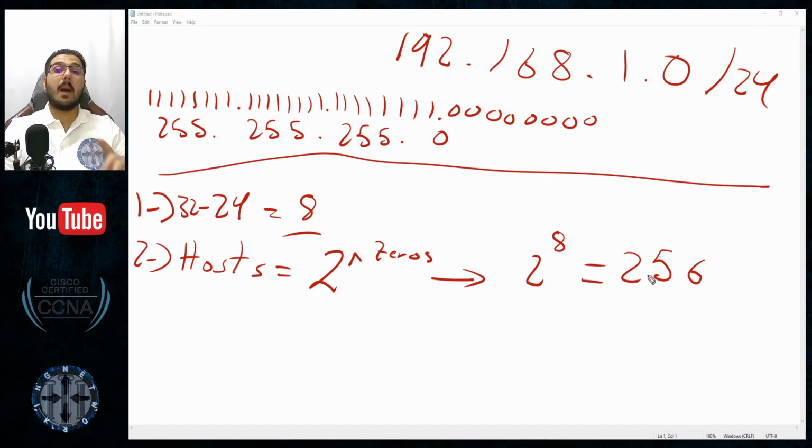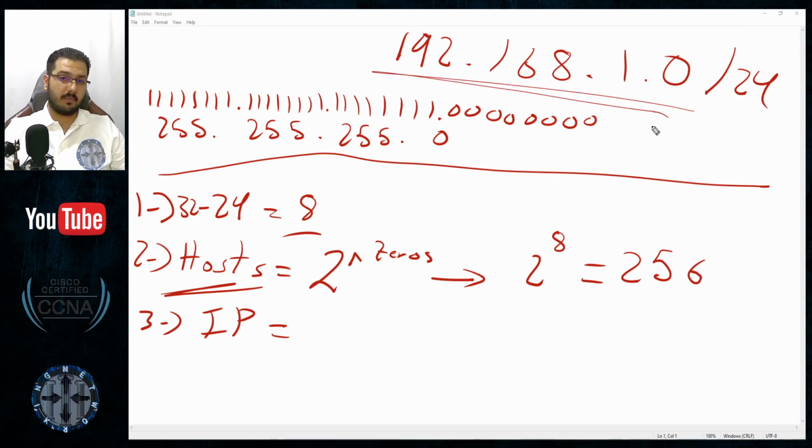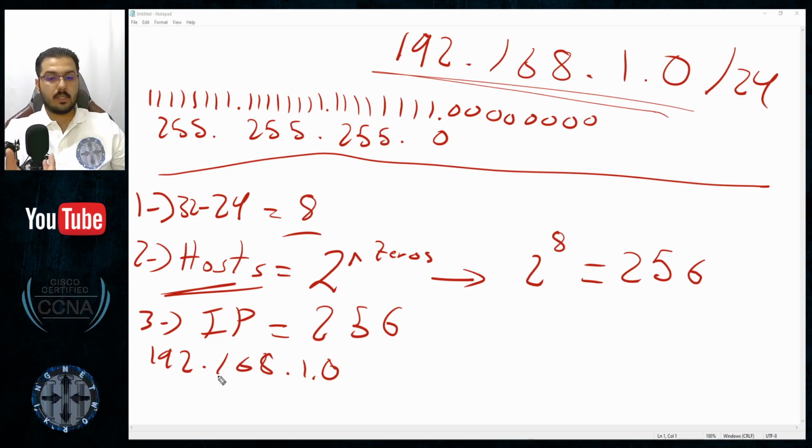That means that the amount of hosts, or the amount of IP addresses, the complete number of IP addresses that participate in the same broadcast domain of this address is 256. This one starts from 192.168.1.0 that they just gave me in the example, and good, it starts with 0 and ends with what? It ends with the last number. So I need to, in the calculator, type 0 plus 256, because this is the number of the addresses,